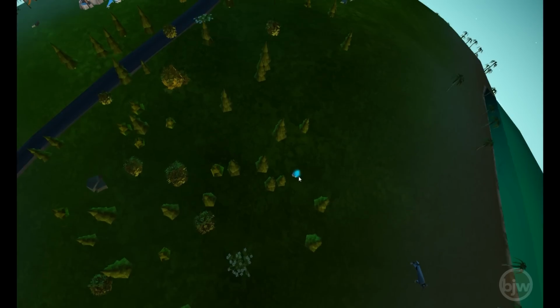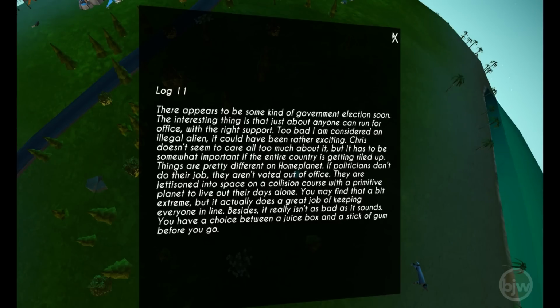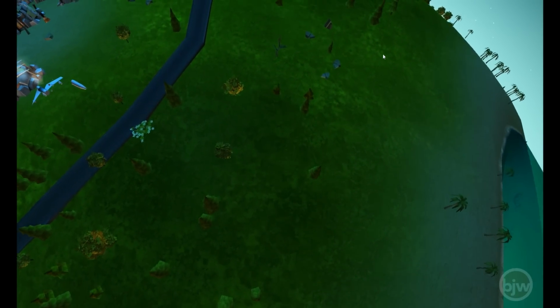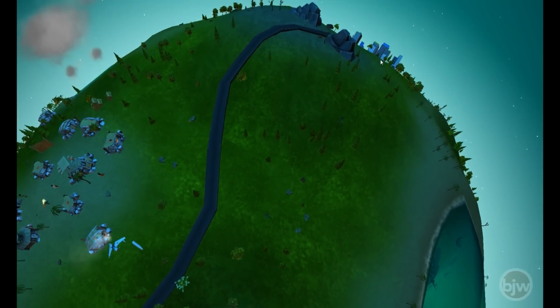Let's look at our little log here. Which one's this one? Log 11. There appears to be some kind of government election. I'll leave this up. I'm not going to read the whole thing. But there's at least 11 logs on here that, if you download this and get a chance to look at it, I think it is downloadable to anybody who wants to try it. So I'll go ahead and put a link in the bottom of this one,